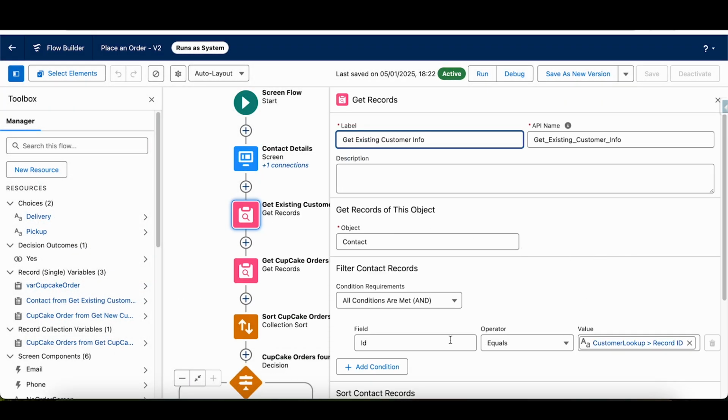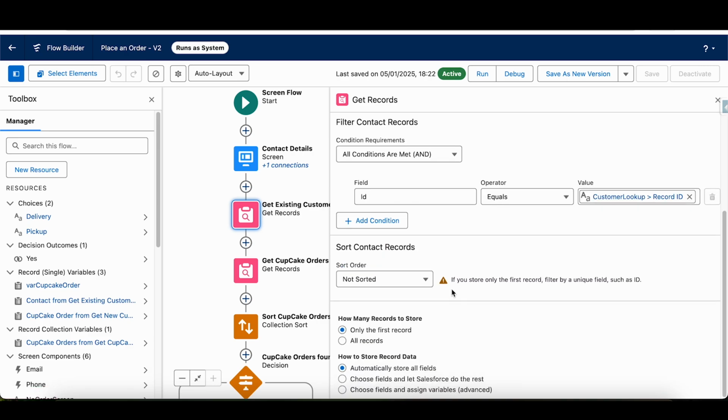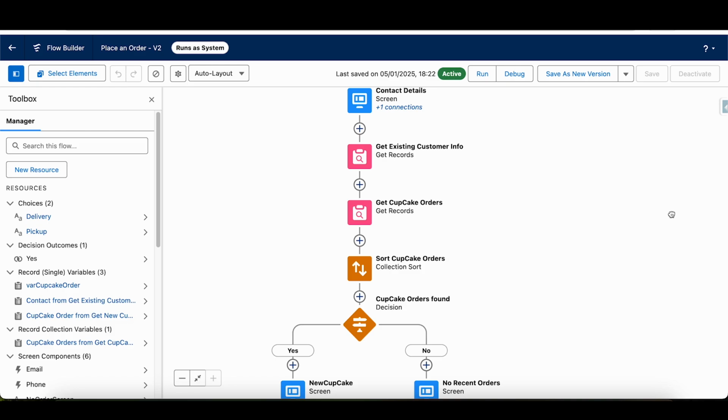So customer lookup ID equals customer lookup. Customer lookup will be pointing to the record of the contact. In that, the ID field I'll be looking up, right? So I'm just matching with that, and I'm getting the first record which is matching, because there will be only one record matching. And I'm storing that information. Once I have that, now